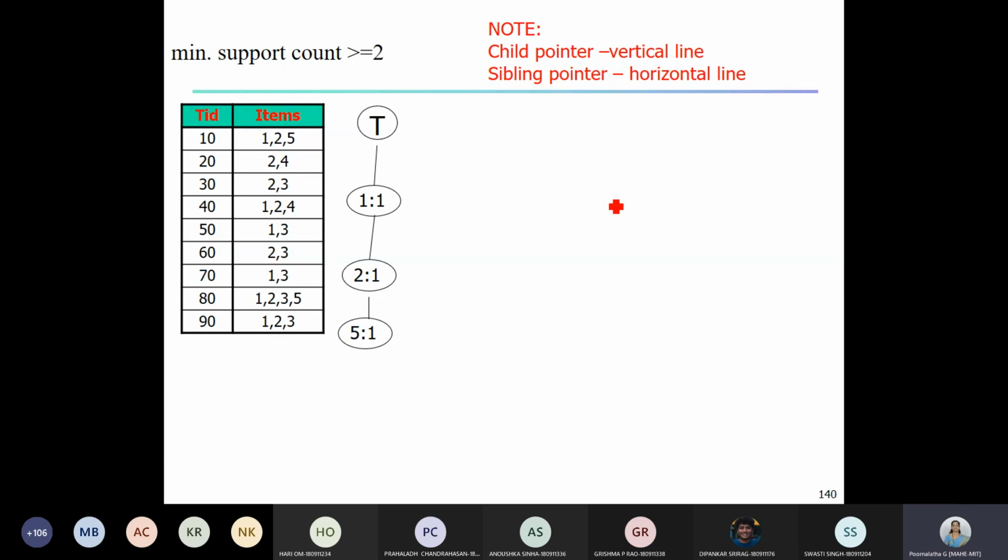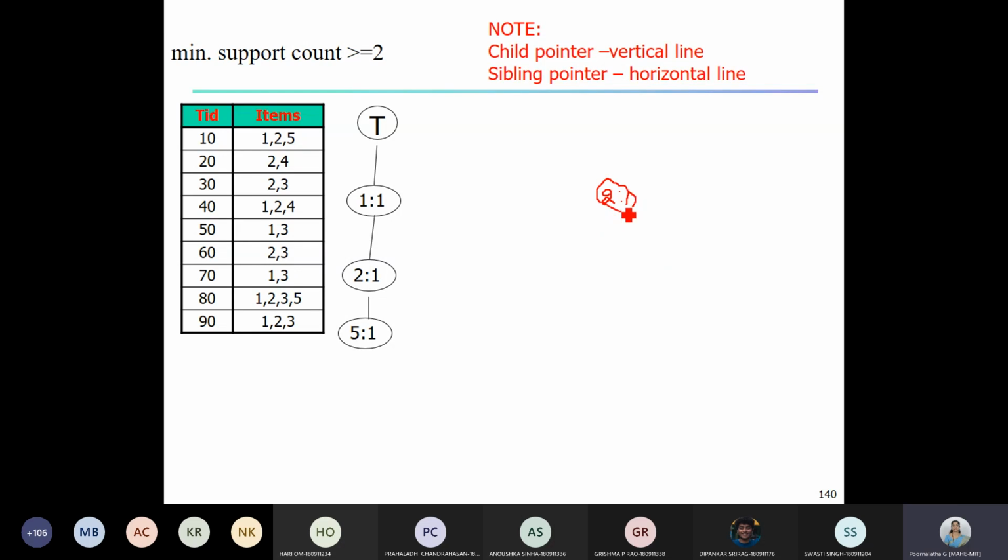Let me write here: item name is 2 and its count is 1. This is the node. I am not showing the table here. Please increment the count of 2 in your table. The count of 2 becomes 2 now. I have created a new node 2.